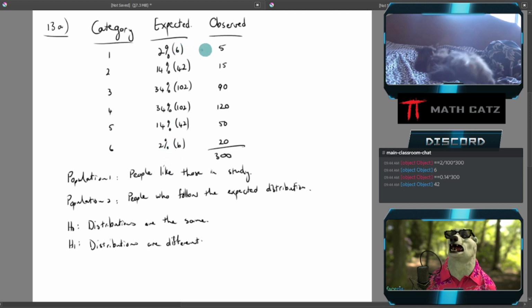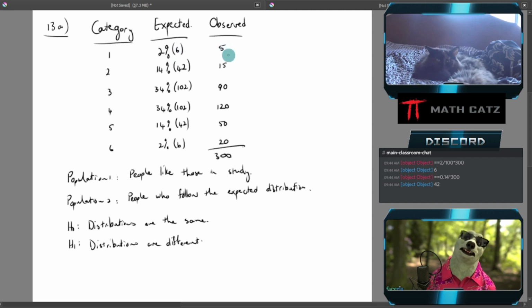So I can't just look at these numbers and say, well, 6 isn't the same as 5. What I observed was 15, expected 42. 90 and 102, yeah, it's sort of close. What is close and what is not close? Because I expect, if I just take a sample, even if those people